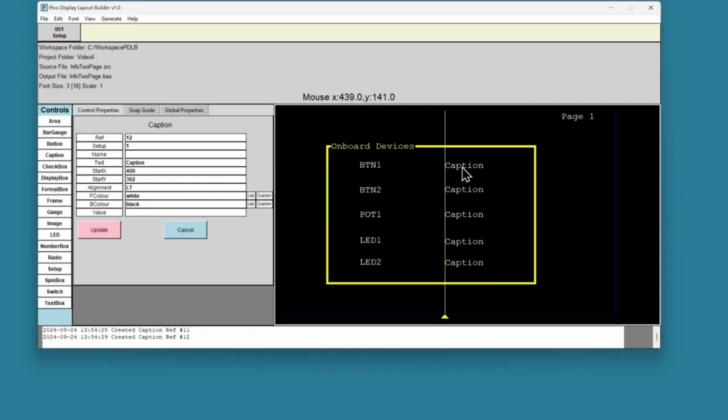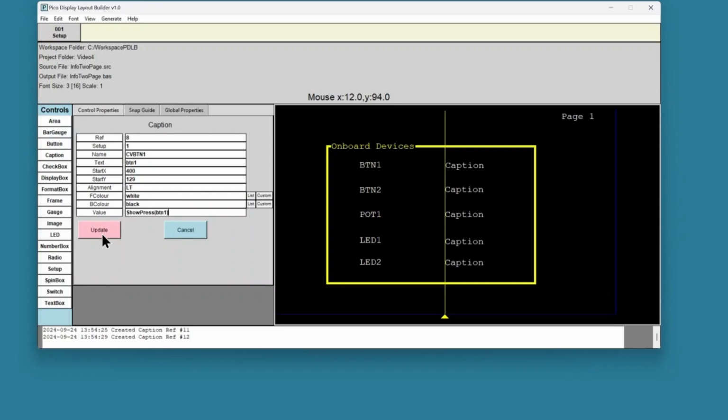All right, let's go back and now enter in the text and set defaults. We're going to use lowercase values just to differentiate these from the labels, and we're going to give them names. So we're going to call it control value button 1, and we're going to give this a value of show press button 1